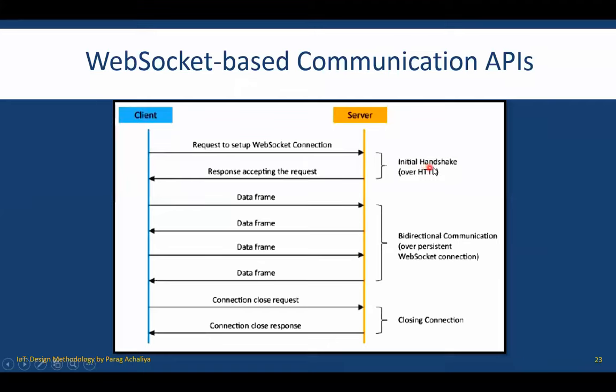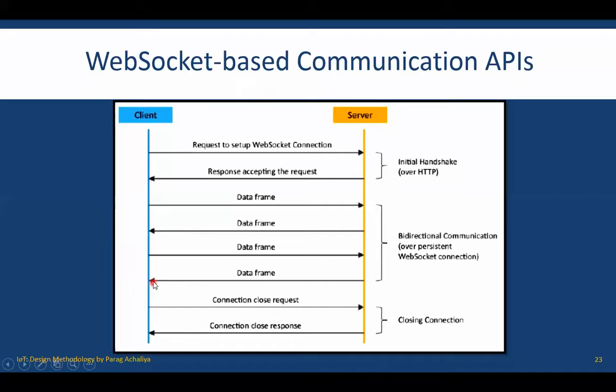This is called the initial handshake over HTTP. Then the client will send some data. Again, the server is going to send the response for that particular data. Again, the client will send. This process will continue until the communication between client and server ends.